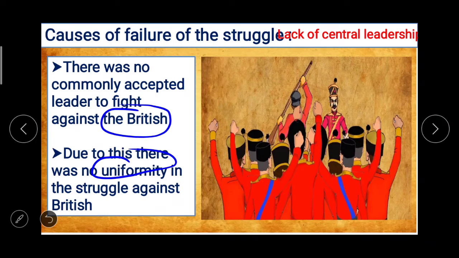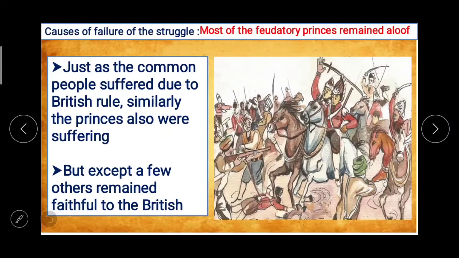Uniformity, which is a very important thing. हर जगह पे एक ही तरह से अगर अपोज होता था तो शायद कुछ बात बनती, but because of not only the lack of central leadership, but as there was lack of central leadership, and because of that there was no uniformity. Next thing,